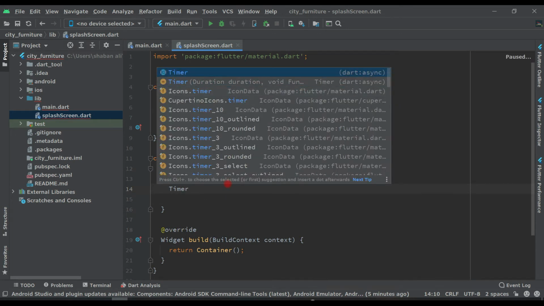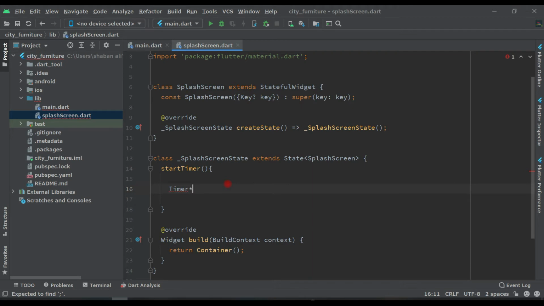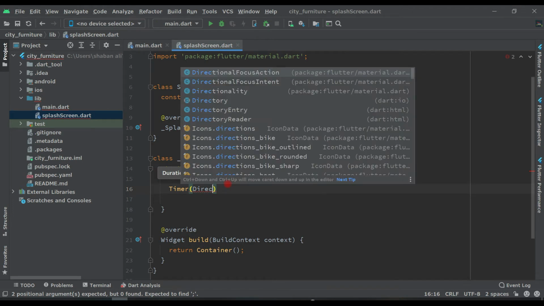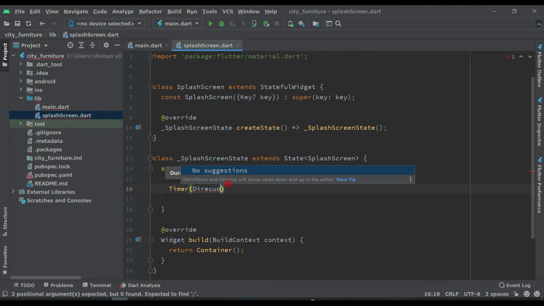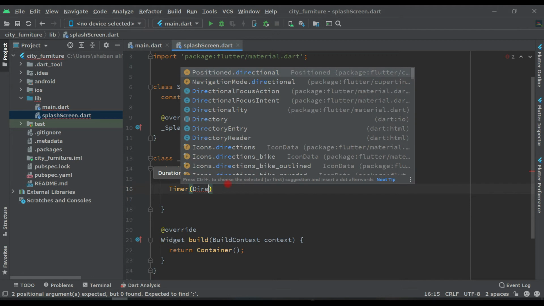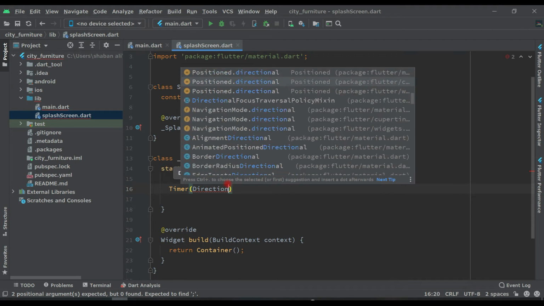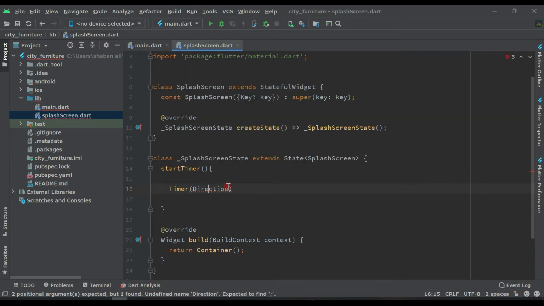It's a visit of Flutter, and open brackets, then write duration, sorry, I was saying direction, sorry guys, duration,